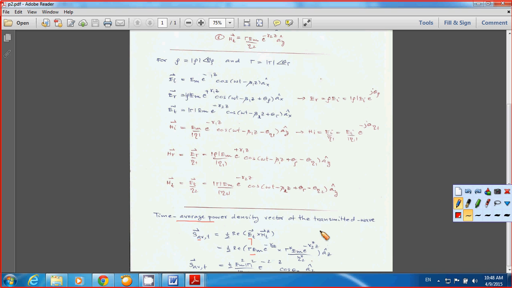Your gamma or propagation constant can be a complex number, and you divide by eta 2 conjugate,